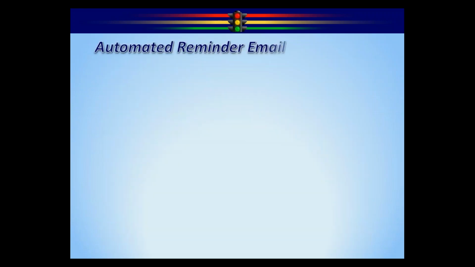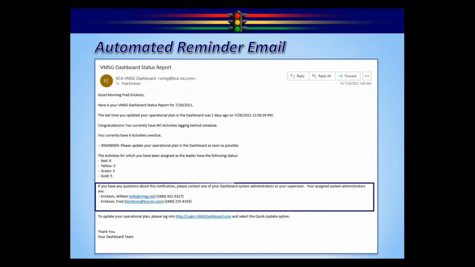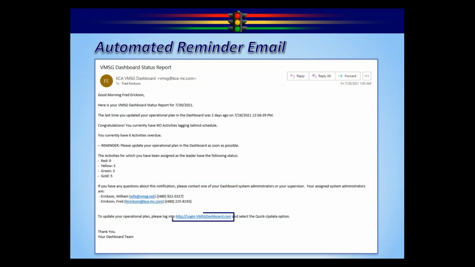Now, the email notification that comes out looks similar to this. You guys may have already seen this. Here's the reason I got it, those 3 criteria we mentioned. This is just kind of an FYI. For all of the activities I've been assigned, here's the traffic light status. You're going to have your administrators assigned here so that if you have any questions, you can go back to your administrators. They can help you to dig through whatever you need to do. And then the link. This link takes you right back into the dashboard.